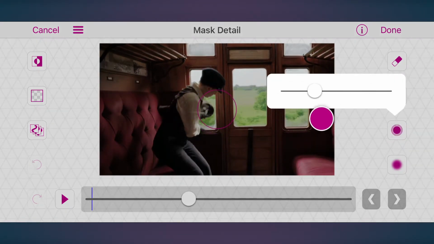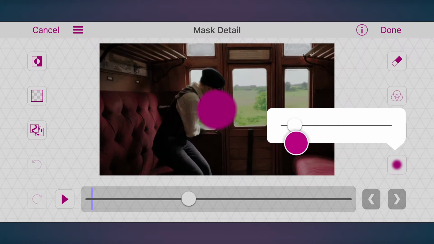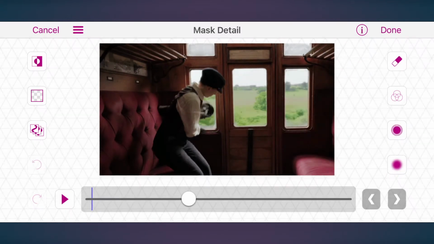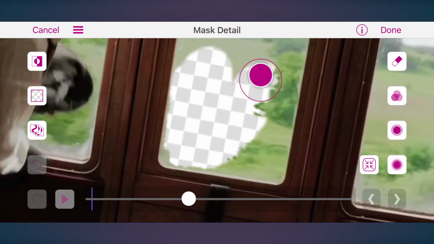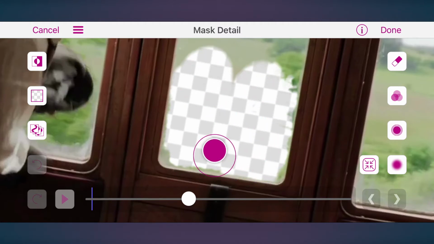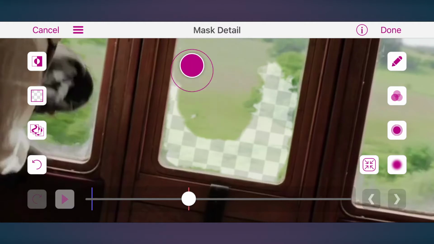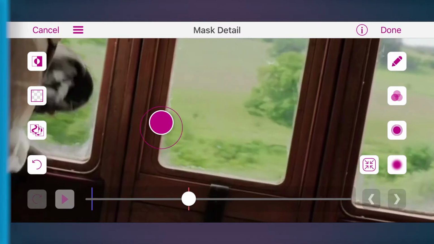Adjust the brush's size here and the softness here. I'd highly recommend using the color button. It will speed up the masking process. You can enable or disable color match erasing and drawing with it. When you enable it, only colors that match those directly under your fingers or Apple Pencil will be changed.